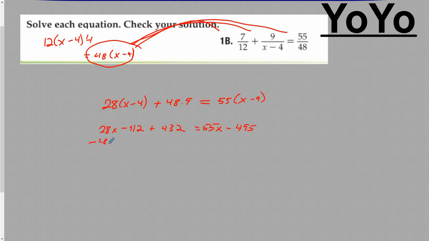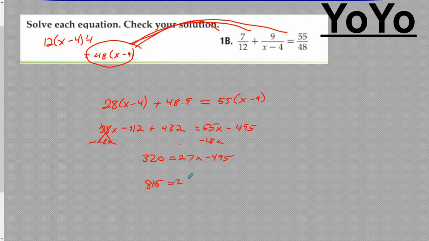Subtract 28x from both sides to get them on the right. Negative 112 plus 432 should be 320. So 320 equals 55 minus 28 in our x's is going to be 27x minus 495. So then 320 plus the 495 is